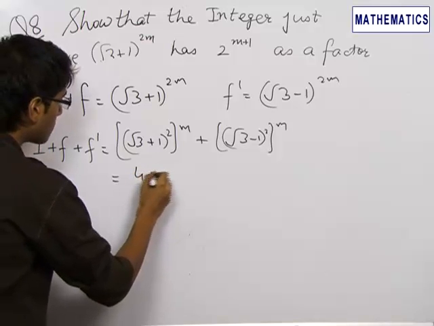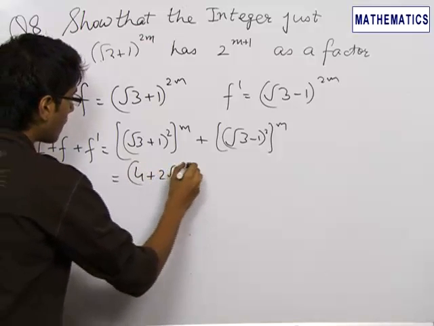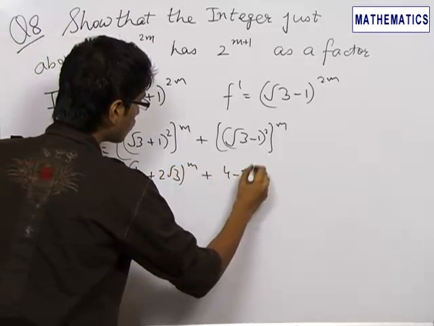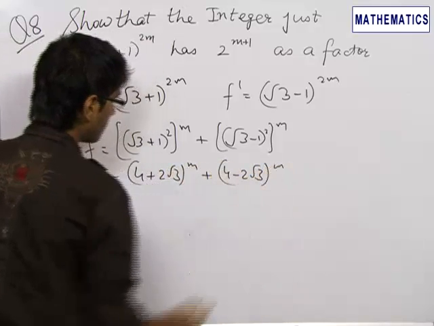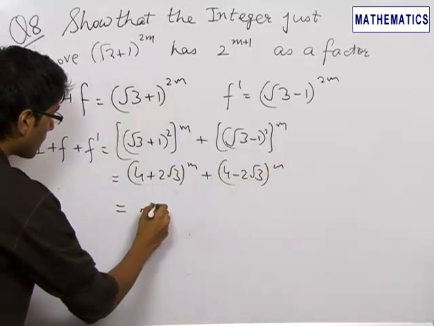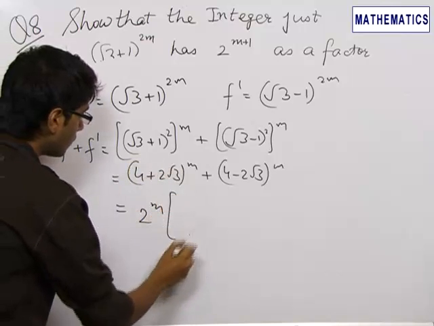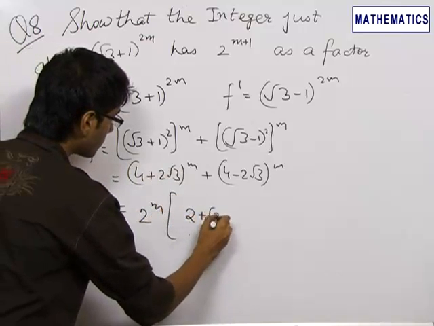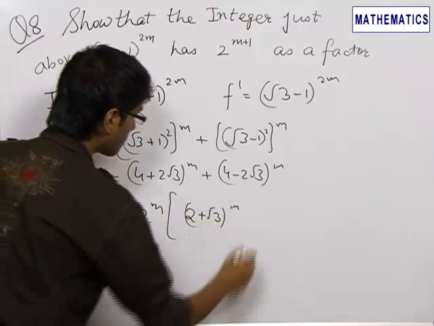This is equal to (4 + 2√3)^m plus (4 - 2√3)^m. This is equal to 2^m, taking 2 common, (2 + √3)^m